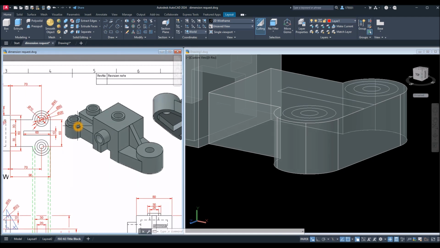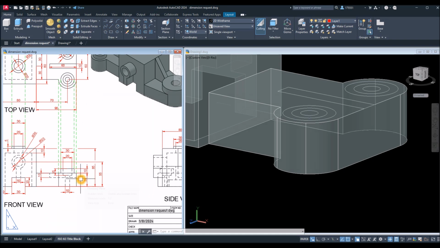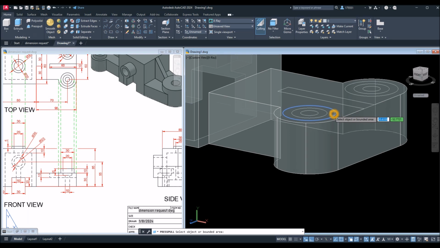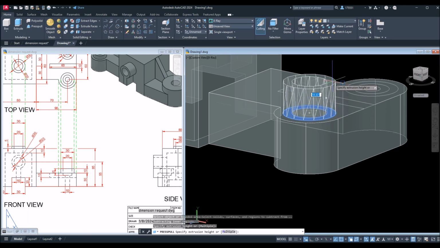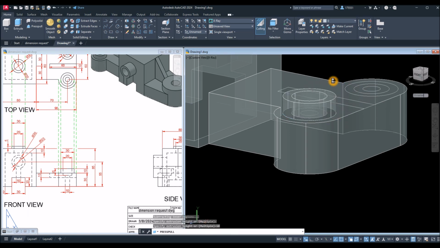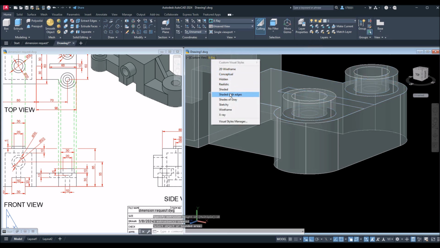See this one here, the middle one. This one's for 10 units. So what I'm gonna do is use press pull command, hover over this area here and pull it up for 10. And this area here, pull it up for 10. I'm gonna enter. I'm gonna check using shaded with edges